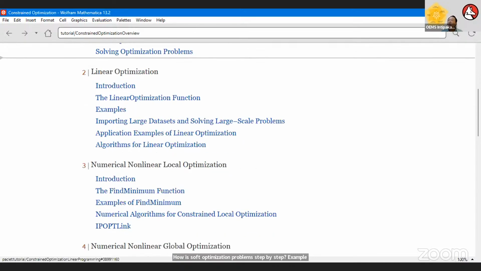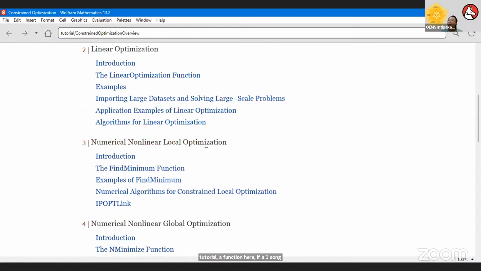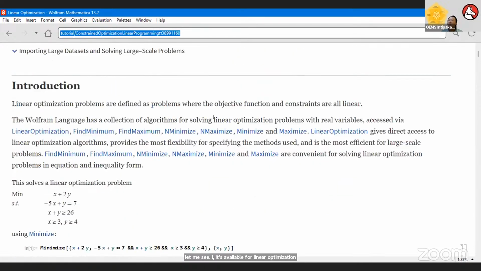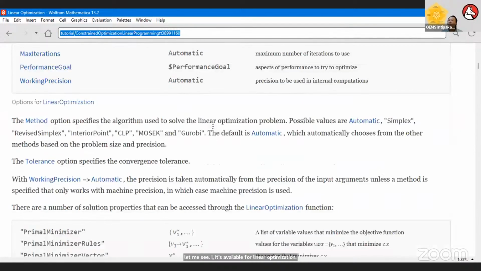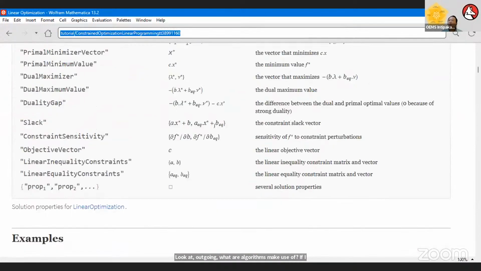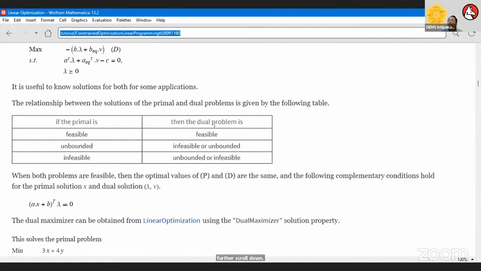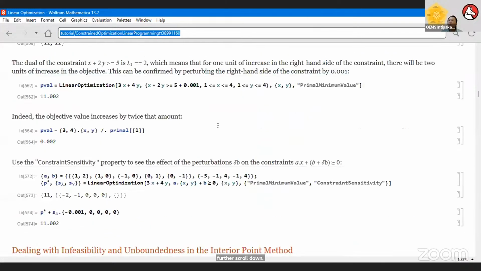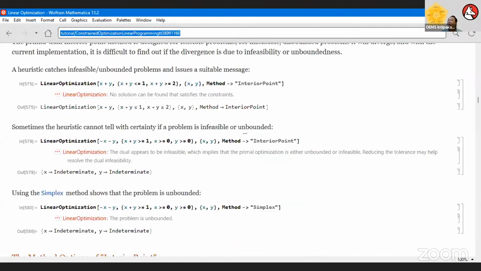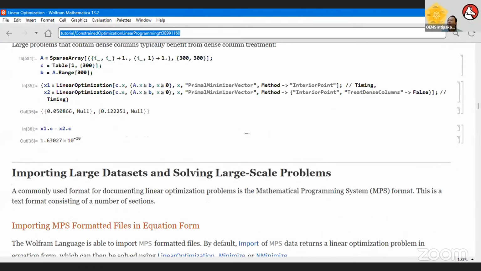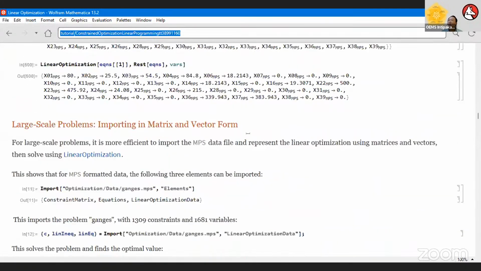For instance here, if I want to solve numerical nonlinear local optimizations, I want to find out what will be, for instance here, if I say, let me see, algorithm, this algorithm for linear optimization, and look at algorithm. What are the algorithms make use of? If I further scroll down, let me see.